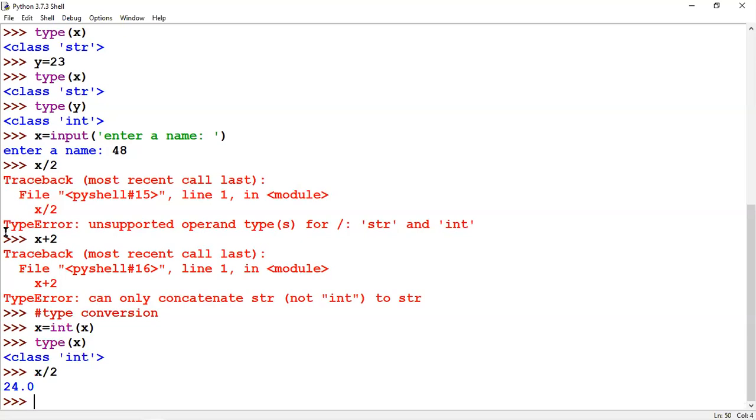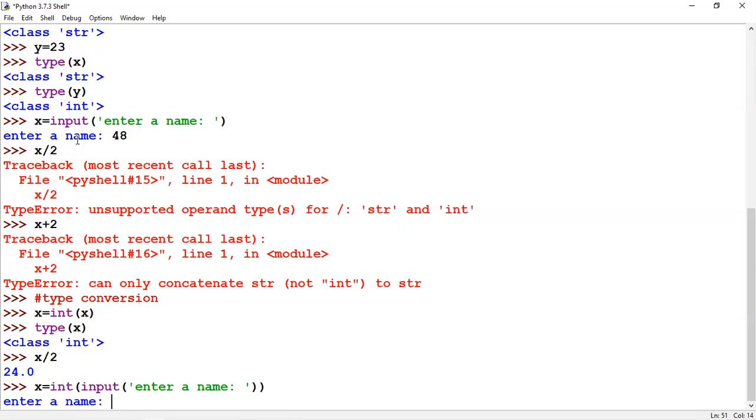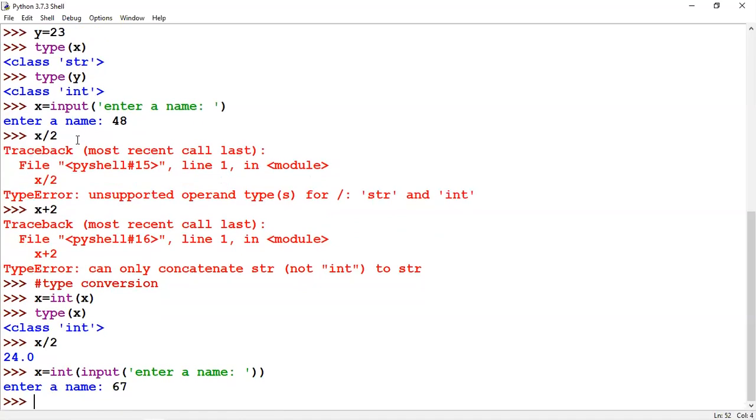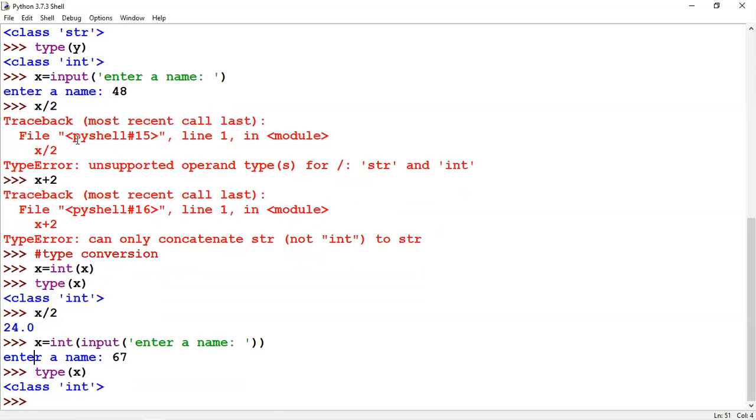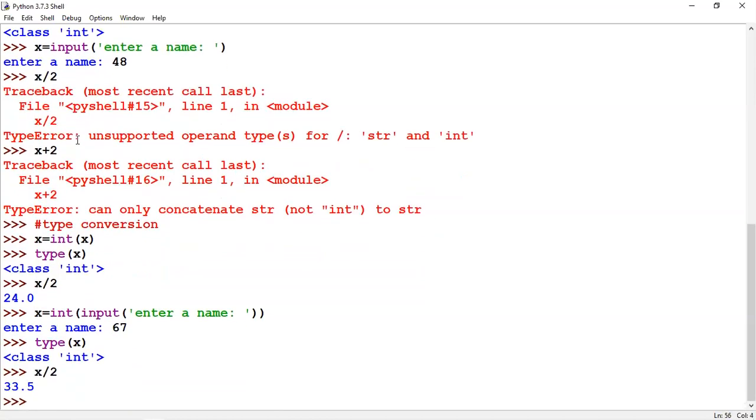Now let's say we get an integer data type directly as input. For that, I use the same line here, and in the beginning I give integer. Now the type of x is integer, so x divided by 2 will give the answer.